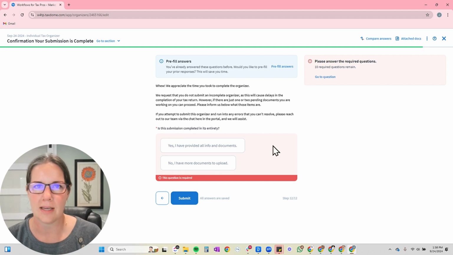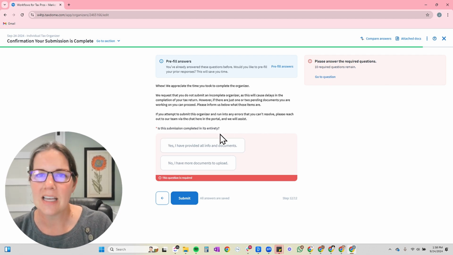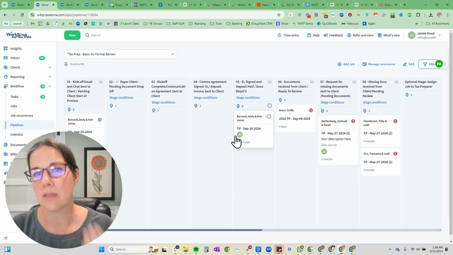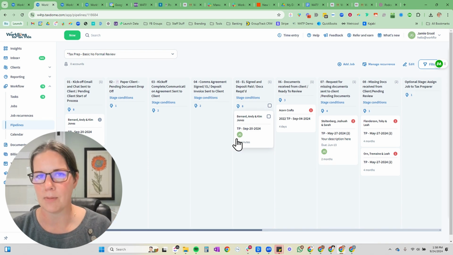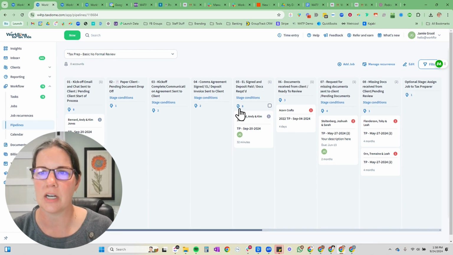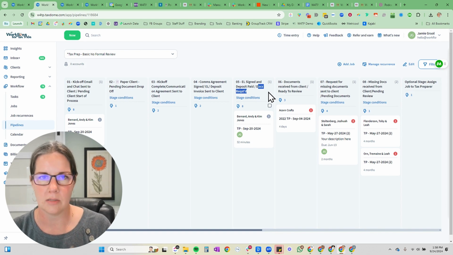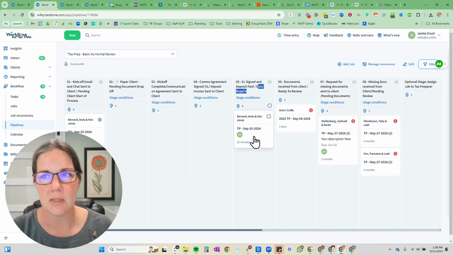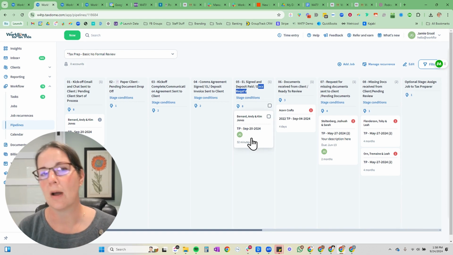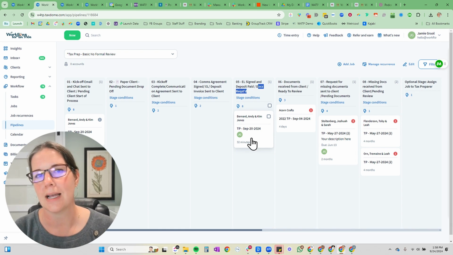And we can make sure that we can accommodate. So the next thing I want to show you is the power of the automations again. So back to our pipeline before I hit submit on that organizer. You can see here, our clients are in the documents requested status of our pipeline, meaning that we have requested the documents of that. One of the things that's so powerful about TaxDome is we can actually assign out tasks